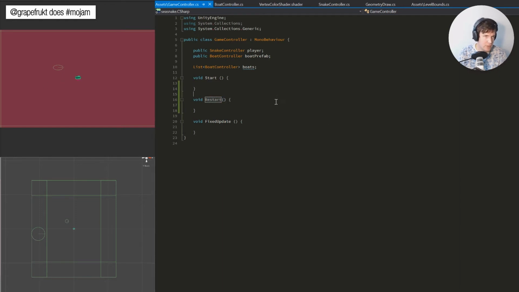We'll name this function restart then. We'll do it this way. If first, no. Boats is a new list of boat controllers. If this is the first startup, we will